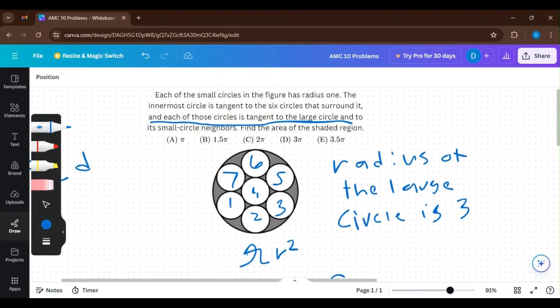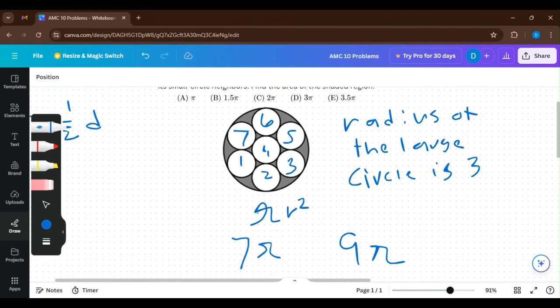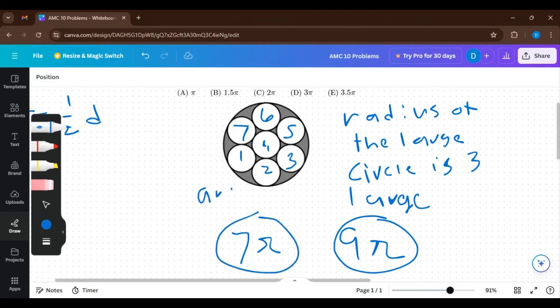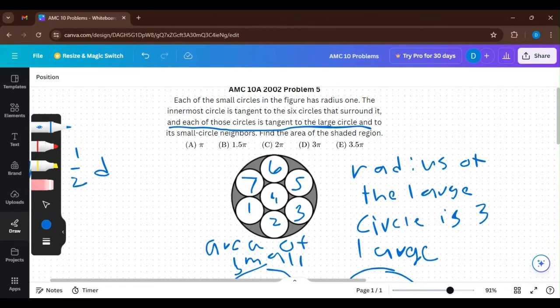And if we're trying to find the area of the shaded region, we subtract the area of the large circle by the area of the small circles. And that's just 2 pi. So the answer